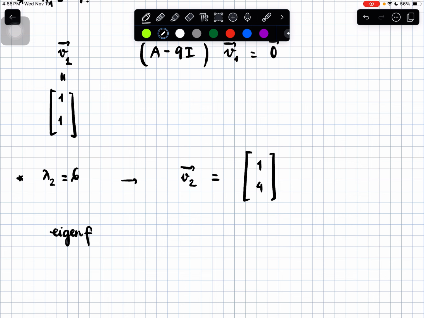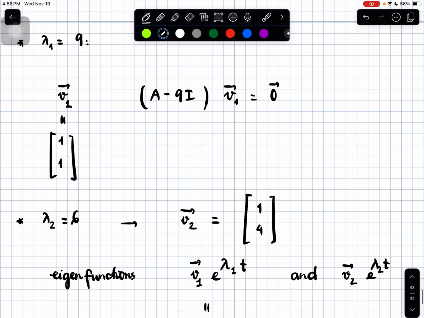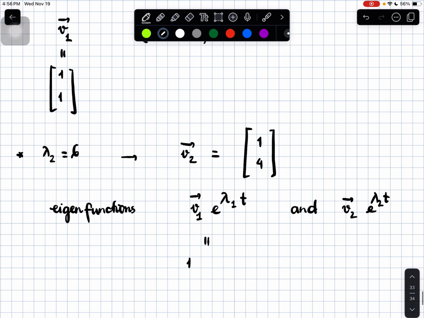Eigenfunction is going to be V1 e to the lambda 1 t and V2 e to the lambda 2 t. So in our case, we have the first eigenfunction (1, 1)